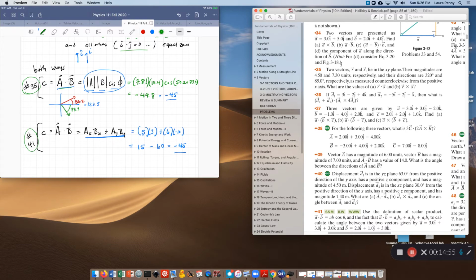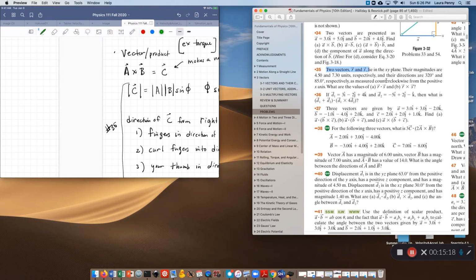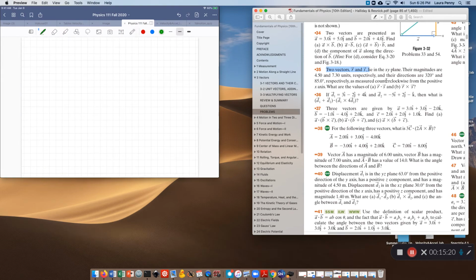Number 35 says two vectors R and S lie in the xy plane. Their magnitudes are 4.5 and 7.3 units respectively, and their directions are 320 degrees and 85 degrees respectively, as measured counterclockwise from the positive x-axis. So if we were going to try to draw that really quickly, I'm not going to do this whole problem, but just looking at number 35,